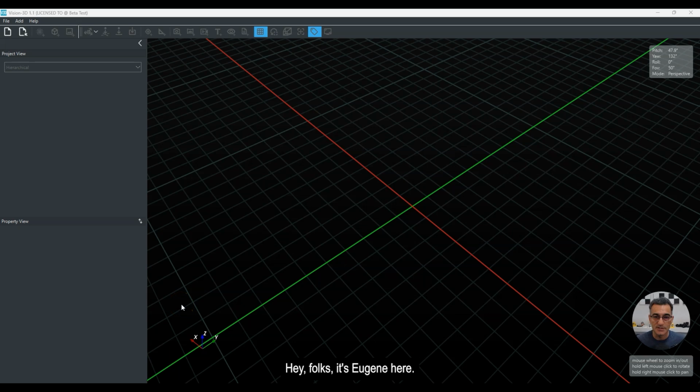Hey folks, it's Eugene here, and today I'm going to be doing a quick example of Vision-3D, using it for forensic autopsies or medical examinations and things like this. I think I did a post a little while ago and the response was really good, and I had some inquiries and some questions, so I thought there was more that I could show here with this particular tutorial video,